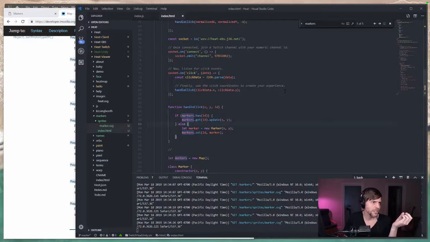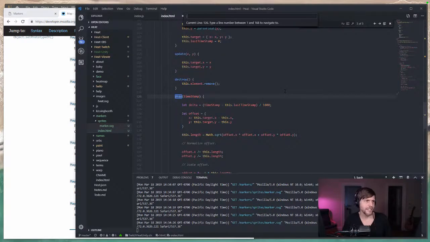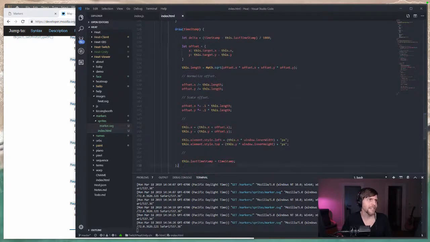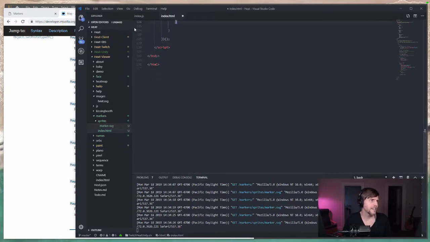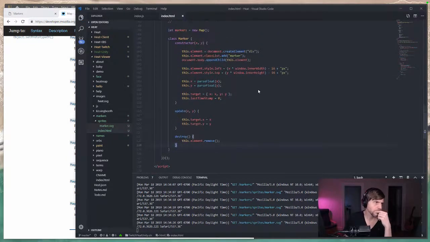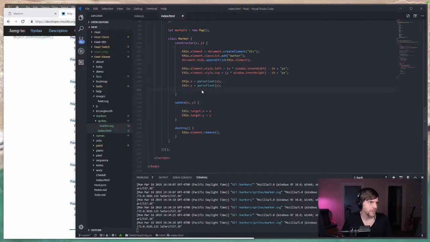Well, we call draw. Do we call draw every frame? Or do we call draw at all? I think I started writing this and did not actually finish it. Because we're not animating it. We're not even using draw. Some of this is copied and pasted code. So, yeah, we just need to do whatever we do here, basically. There's no target, there's no timestamp. This is all leftover cut and paste code. So once we get this,